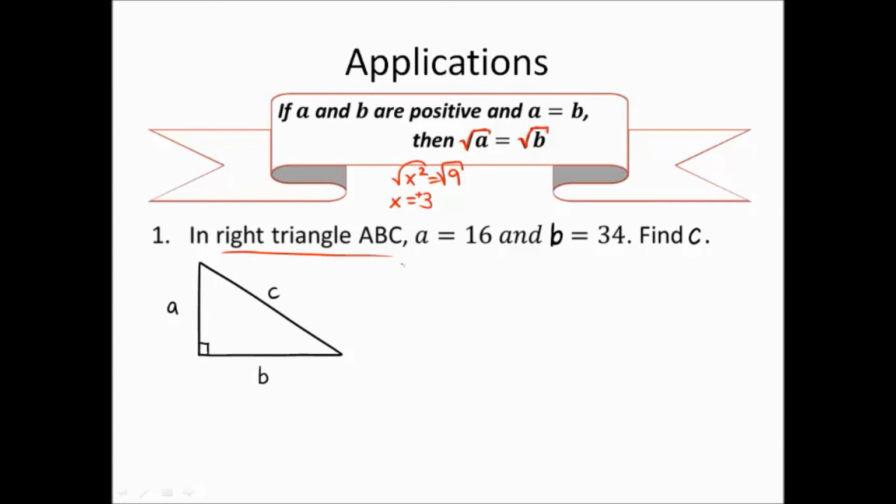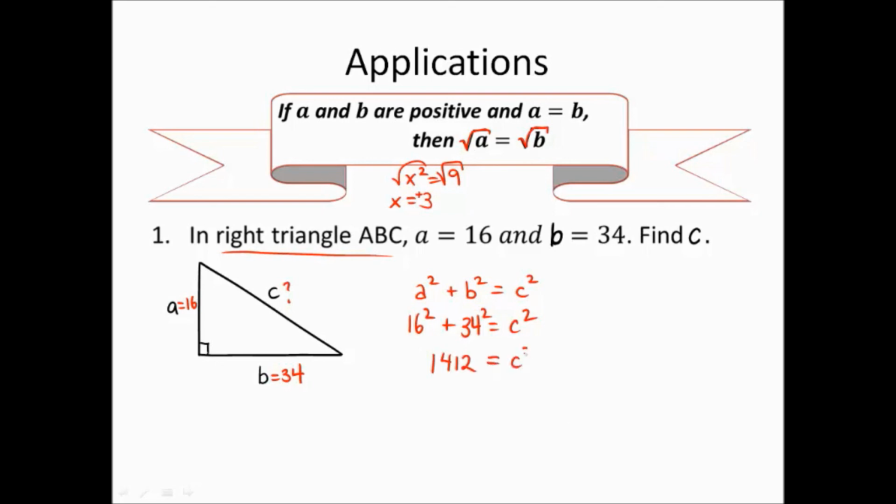So let's take a look at the following example. Here we have a right triangle where A is 16, B is 34, and C is unknown. So since we have a right angle triangle, we can use the property that the square of a leg plus the square of the other leg is going to equal the square of the hypotenuse. This gives us 16 squared plus 34 squared equals c squared. So 16 squared plus 34 squared is